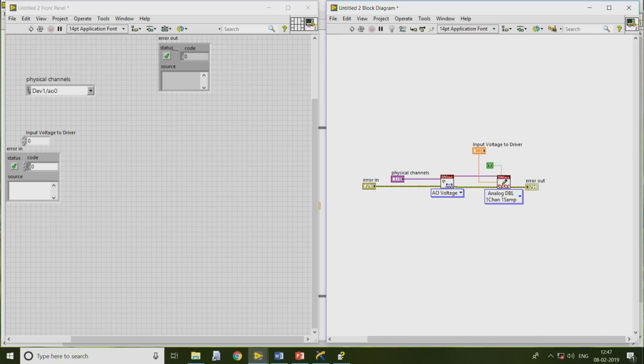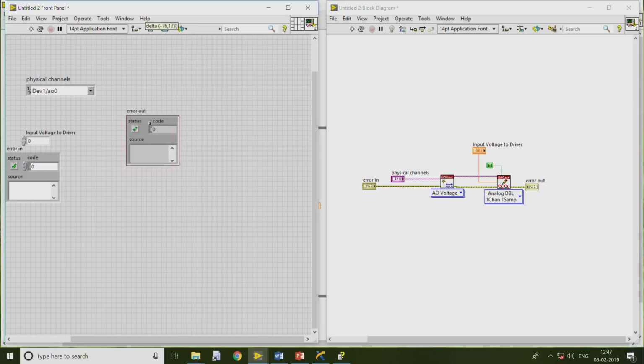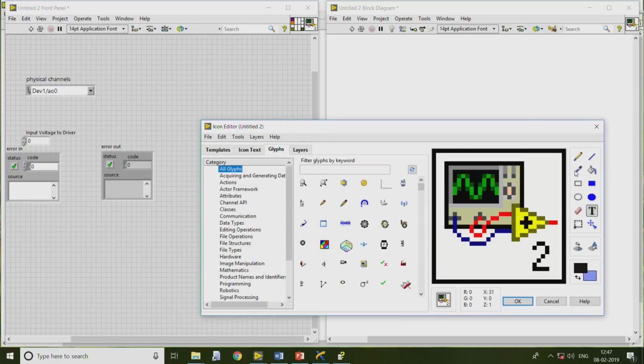So, in order to work as a sub VI and to be called from another VI, we also have to set the terminals. So, I will take each connection, each pin, and connect it to this. Here we can see that depending upon the data type, it automatically changes that particular pin to the default color. Now I also have an option to edit the icon.